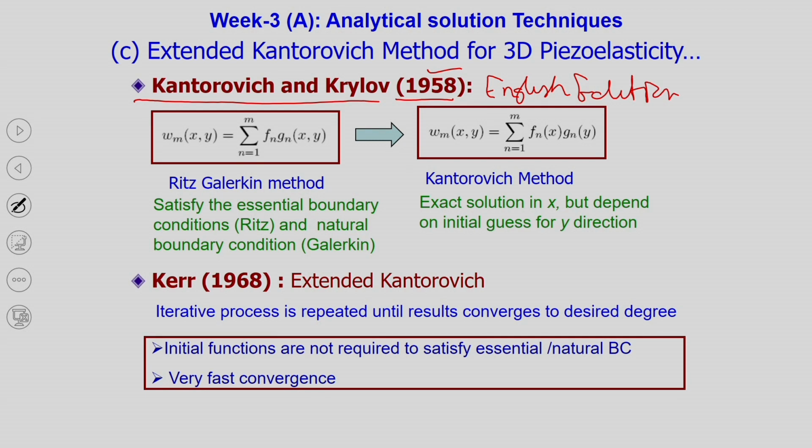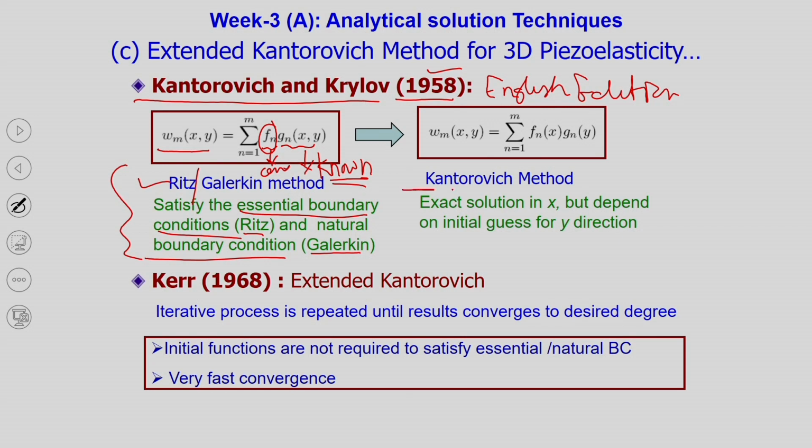You see that for a general function, any deflection function, if you use a Ritz or Galerkin method, a function is assumed like this: Fn is a constant and Gn, or phi n, is a function of x and y, but this function is a known function, a priori known. It satisfies the essential boundary conditions for the Ritz case and natural boundary conditions for the Galerkin case. I would like to say that we want to eliminate this dependence, because their solution accuracy depends on the initial choice.